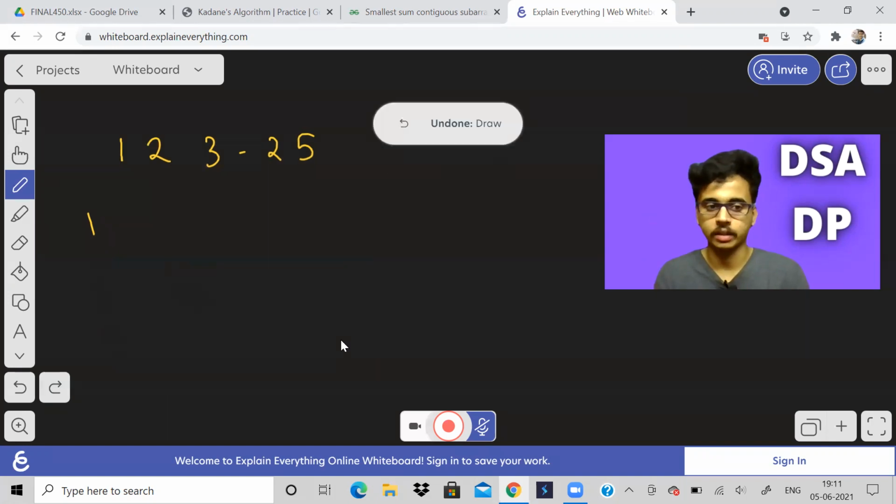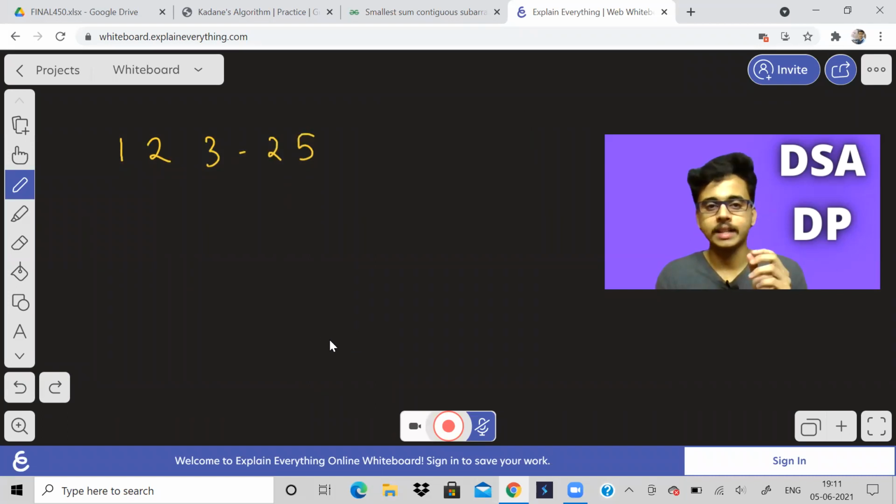That is important. See, at any instant, we have two options. Either we exclude the sum that we have calculated so far and include the current element, or we add the current element to the sum. That means what? Suppose I am at 3.